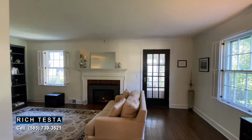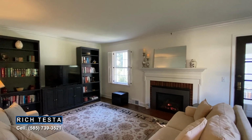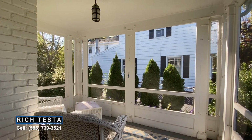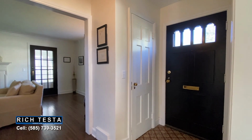An expansive living room with a gas fireplace and beautiful mantel. This home also features a relaxing screened-in porch with natural woodwork, an updated powder room, and a beautiful entryway and staircase,